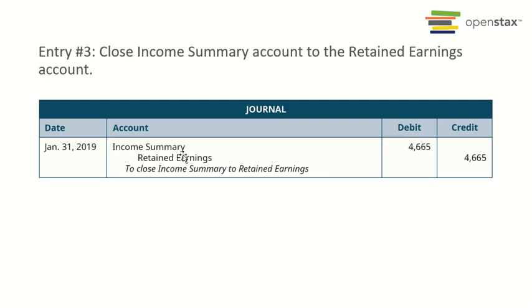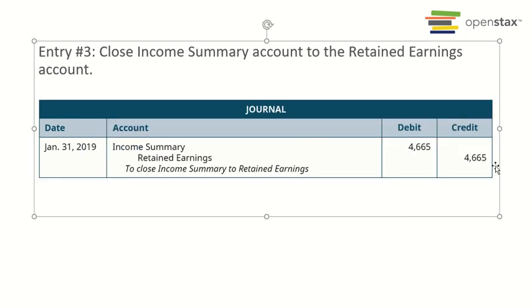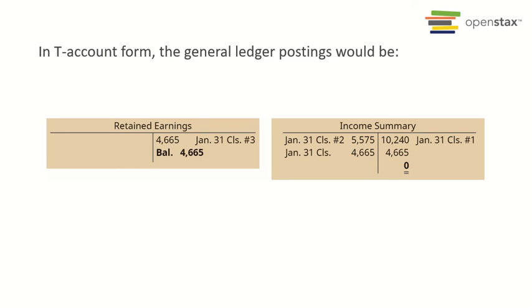So we need a debit to income summary of 4665. That income summary needs to close to retained earnings. So we debit income summary of 4665, we credit retained earnings of 4665. Posting that to the T account,